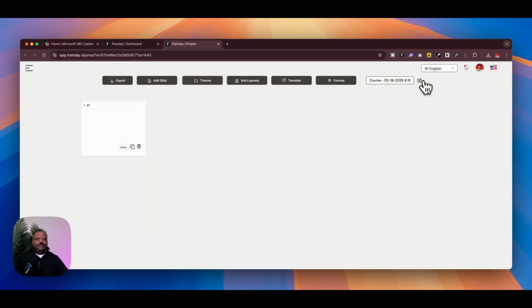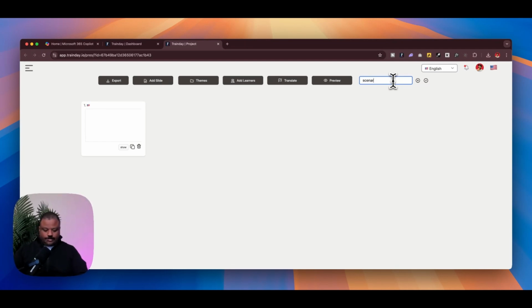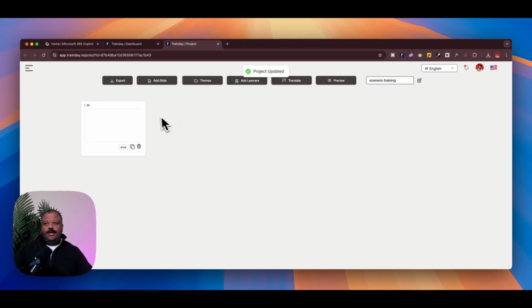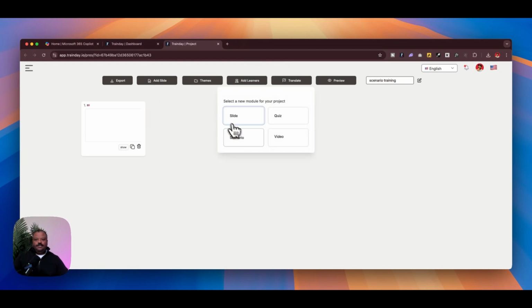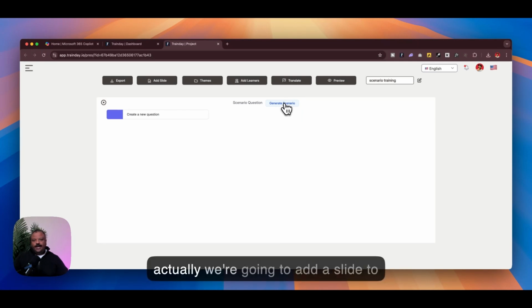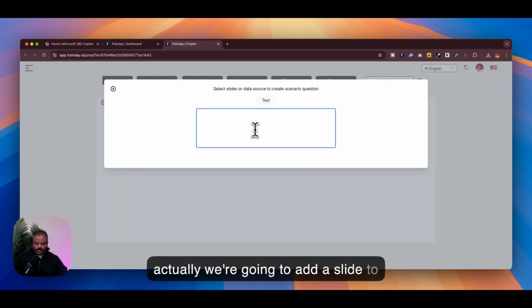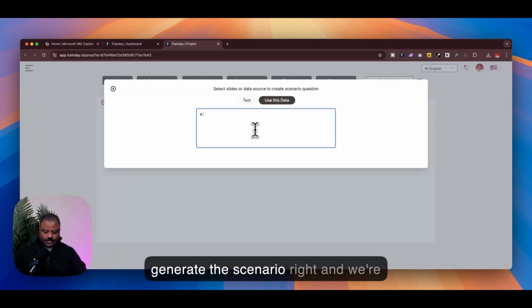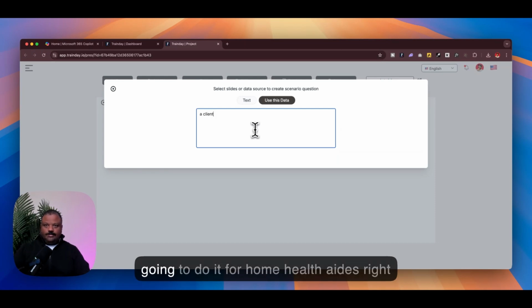So first thing we'll do is just rename this course, right? Let's do scenario training, right? And now I'm going to add a slide, and it's going to be a scenario, and we're going to click edit to edit it, right? We want to create a scenario. So we're actually going to use AI to generate the scenario, right? And we're going to do it for home health aides, right? So we're going to do a client is refusing aid